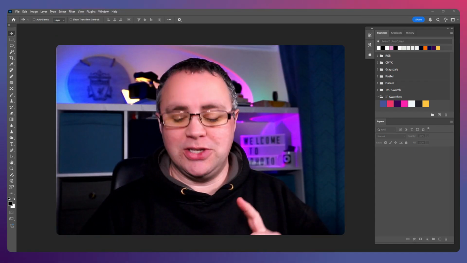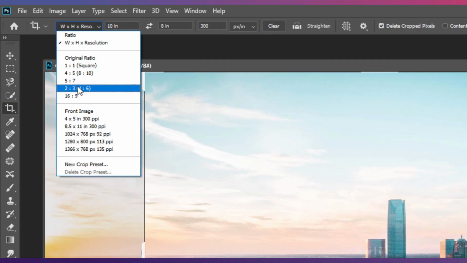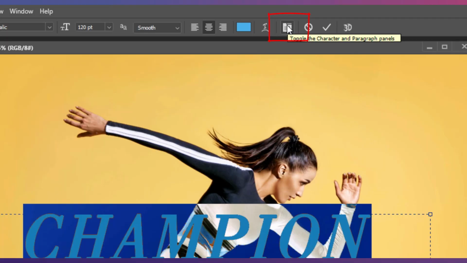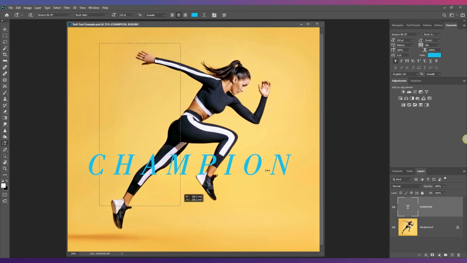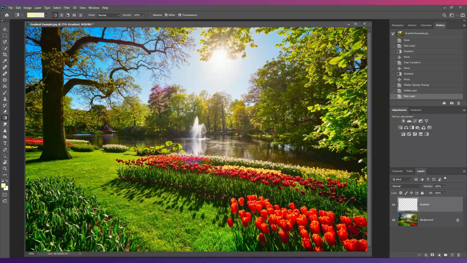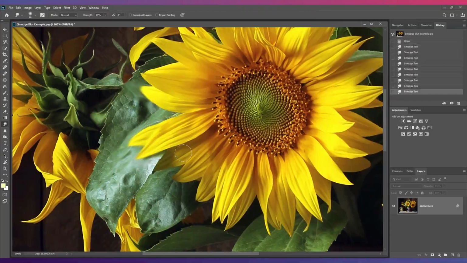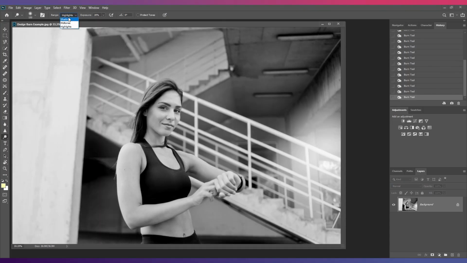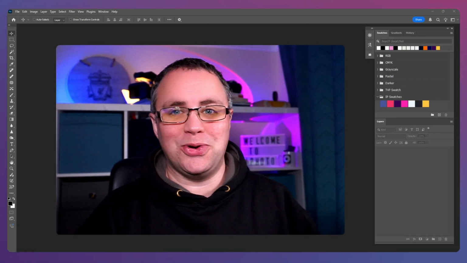All the different options about cropping, retouching, recoloring, adding layers, playing around with colors, adding lots of different effects to your images, so you're fully empowered that when you next open Photoshop and you want to edit your own pictures, you know exactly where to go, exactly where to find all your tools and buttons, and you'll be an absolute master of Photoshop within a couple of